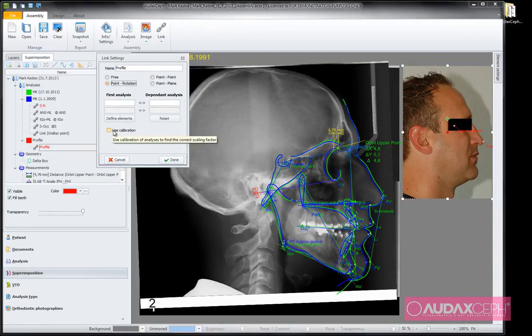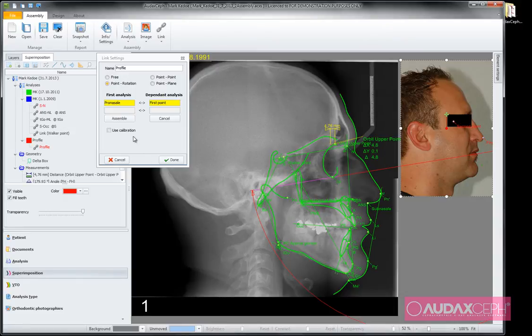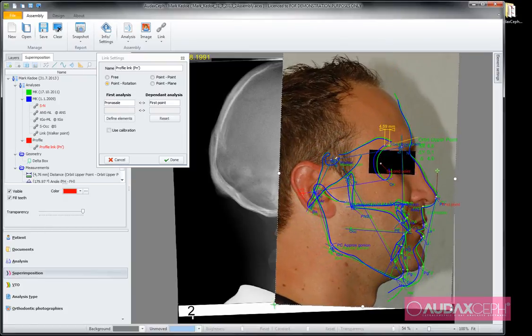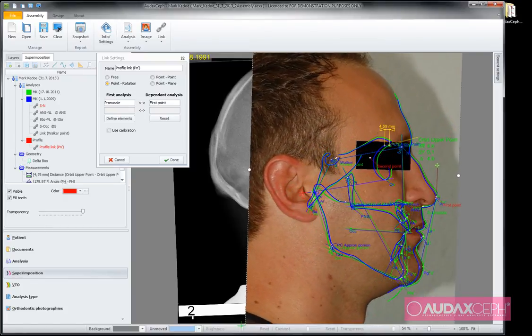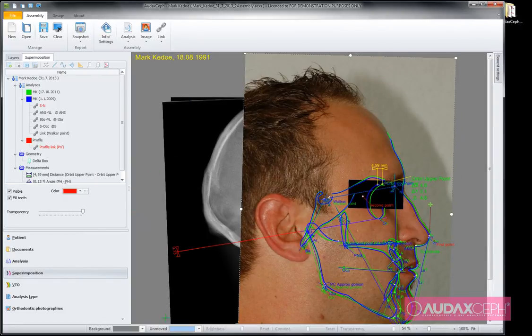I will not use the calibration because this image is not calibrated, and define elements, pronasale and first point, assemble it, and now I just grab this corner and place the image here. When I'm done, I press done, and I can play now with different